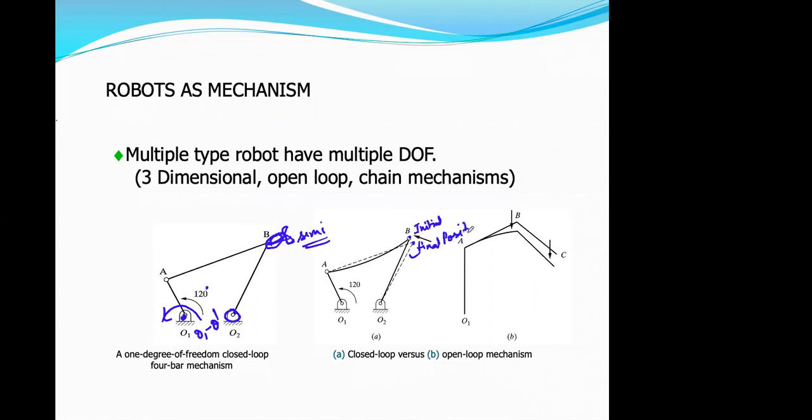So it can be understood in the closed loop. It is a closed structure. So it is a mechanism. When we talk about the mechanism, because robot is a mechanism, robot एक mechanism ही है, it is a combination of different mechanism. So it will be having the structure of closed loop and open loop.